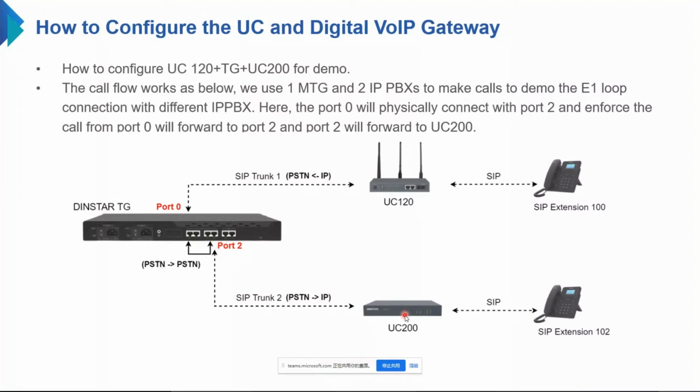Finally, the call will reach the UC 200. After that, we set the incoming call to another extension. So here we have demonstrated the whole call flow already. But I think in production,